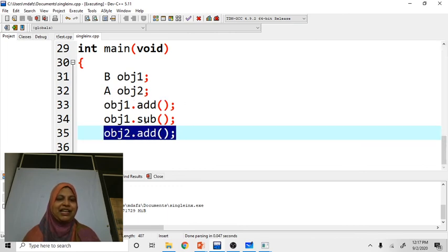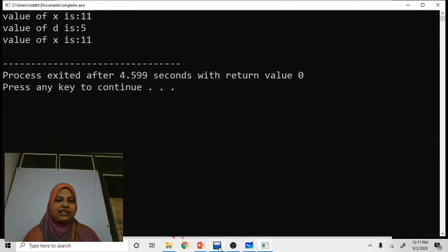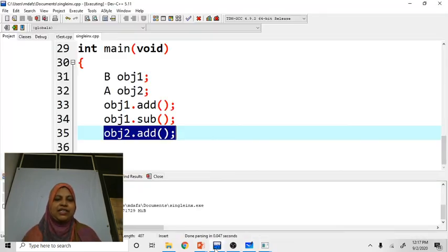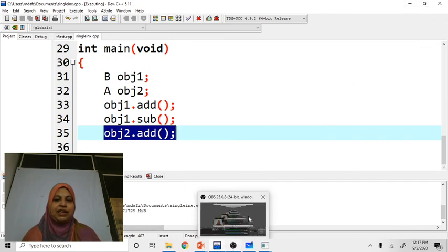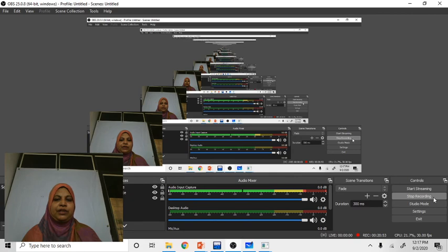That's the reason we are getting the output two times. With this, single inheritance is completed. Now in the next class we are going to discuss what we mean by